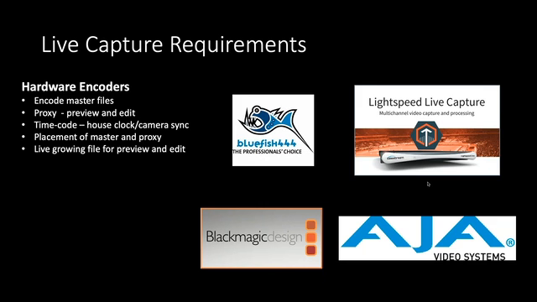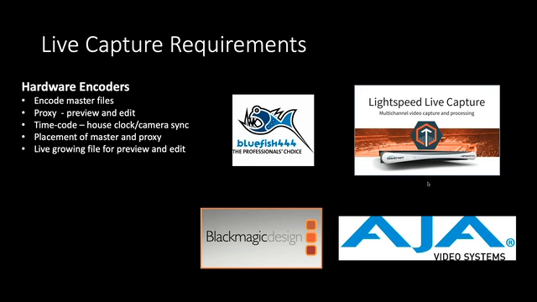Then, talking through some of the hardware devices that are out there, Telestream, of course, has their Lightspeed capture device to do that. There are other encoders like Bluefish, AJA, and Blackmagic as well. These encode that sync coming in with timecode and the video from multiple cameras, from tape, from wherever it might be. These hardware devices then produce a codec for us to create a growing file. That growing file allows you to edit. You can look at the proxy, the timecodes will be synced, and then you can cut and trim and that kind of thing.